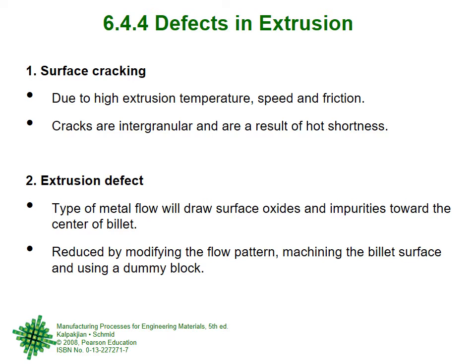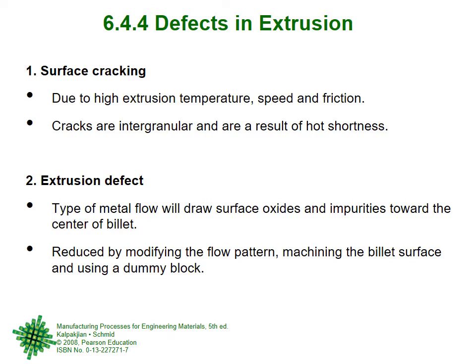And you know that the force of friction is the coefficient of friction into the normal force. So if the pressure is higher, the normal force is higher, and therefore the total friction is higher. When this friction is more than a certain amount, then small cracks will start to appear on the surface. Of course, if after extrusion the quality control inspectors find that these cracks are appearing, then they will stop the process. They will see what the reasons are. Do we have to adjust the temperature? Do we have to adjust the speed? And so on. They will try to redo it so that the cracks disappear, and then they will continue it.